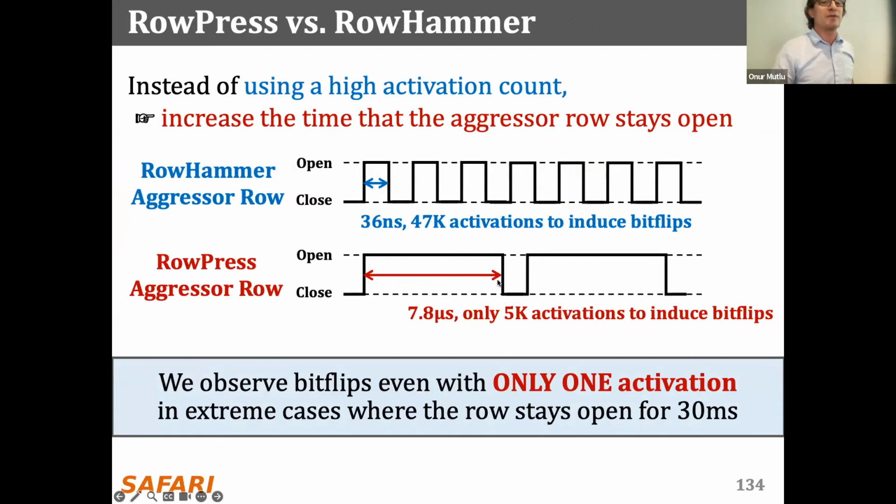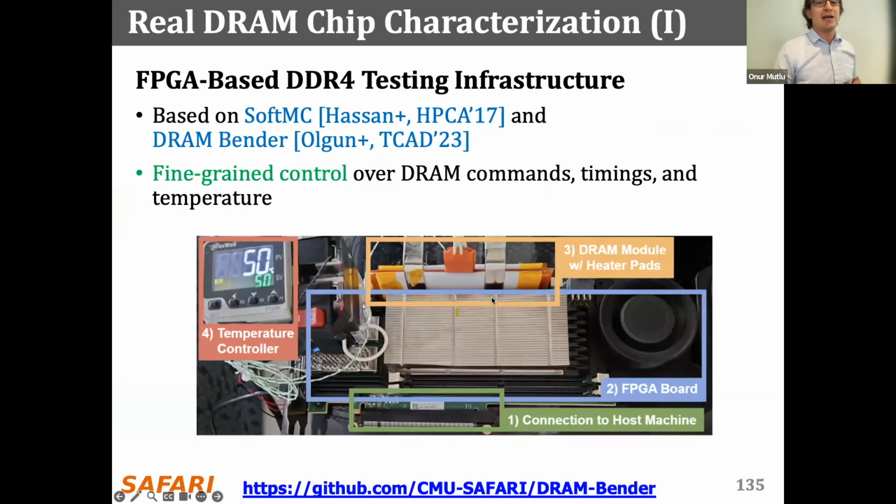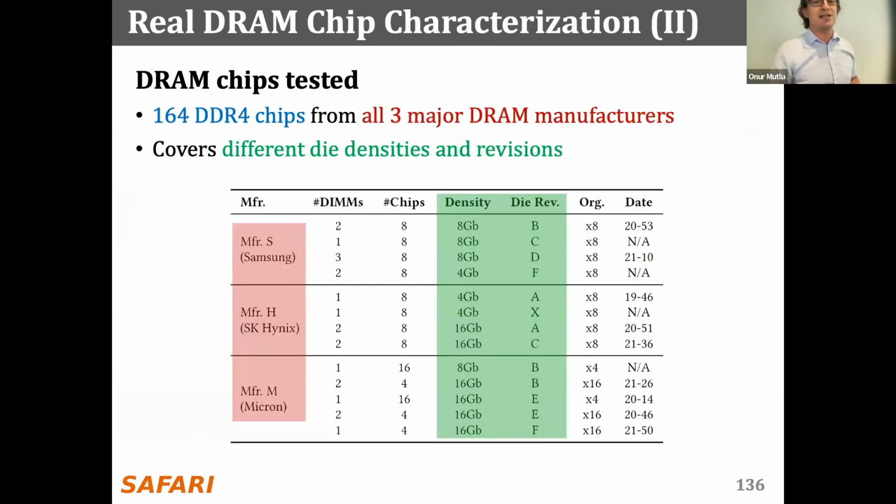Just keep the row open for a longer time, which increases the disturbance that happens to the adjacent row. Then you need very few activations, essentially. That's the idea. And these are real numbers from one particular chip. And we, of course, amplified our infrastructure to test this. And at this point, we're actually releasing the names of the manufacturers. At some point, we were not, but I think people can replicate our results much better.